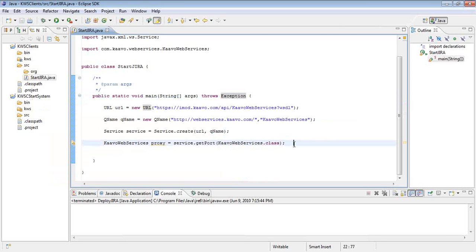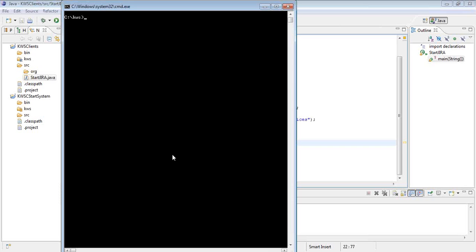As I mentioned before, we are using the wsimport tool for generating the stubs. It's very simple. You just have to use the wsimport command and specify the WSDL.